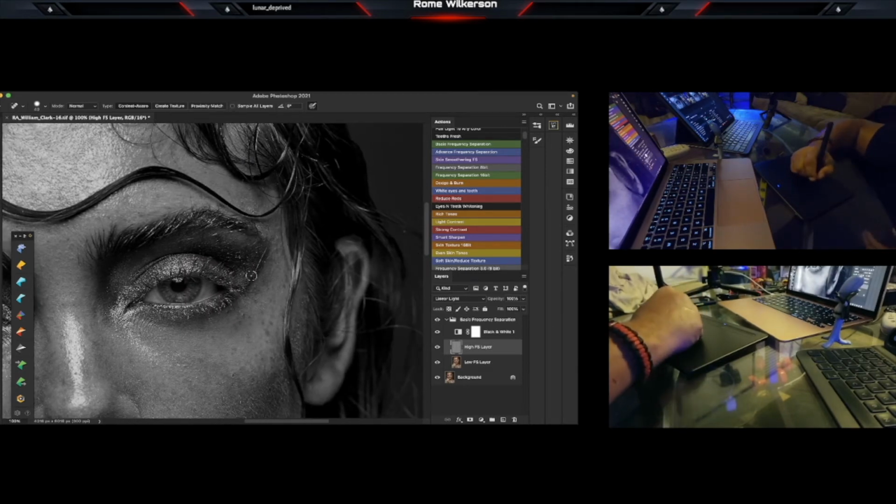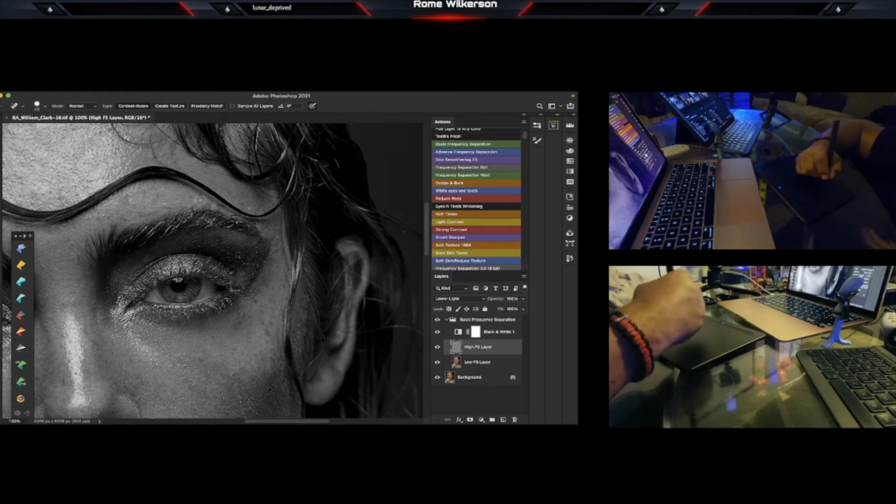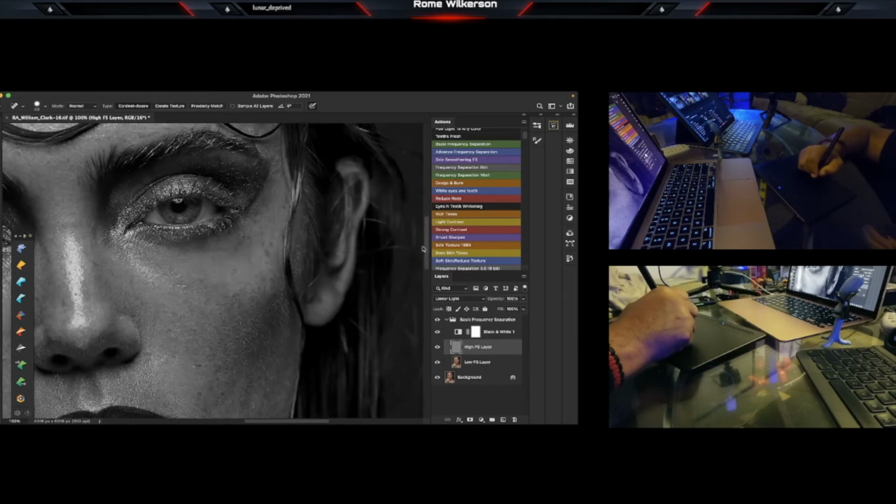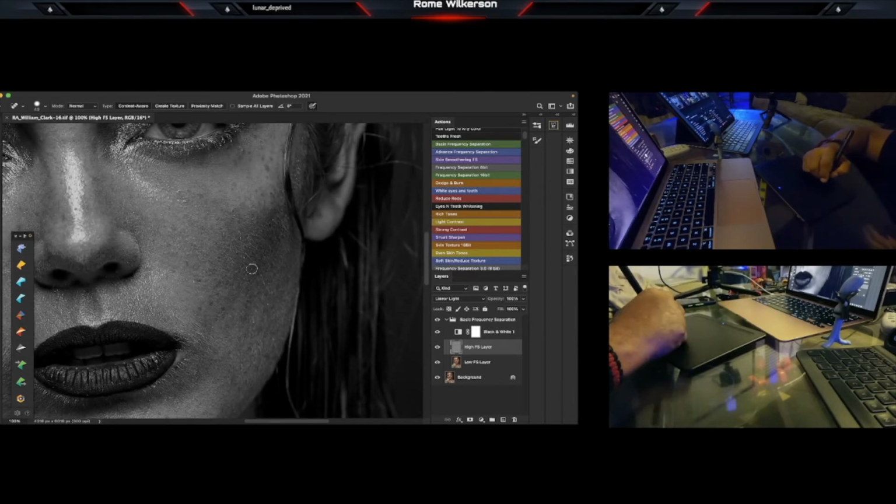The problem we have a lot of times as photographers is that people will come to us and they'll say, oh, I want this captured, and so on and so on. But they're not concerned about how much time is going to go into the editing. Now, my editing rate is separate from my normal shoot rate. So I make that very clear early on, so that I'm letting them know. If we can take care of some of these things that will speed up my workflow, one, it's going to get the image back to you that much faster. And two, you won't be spending large amounts of money